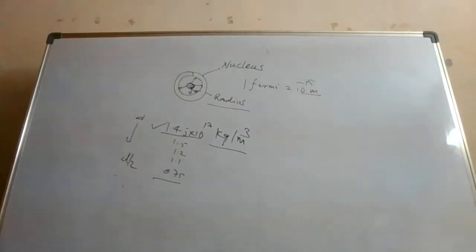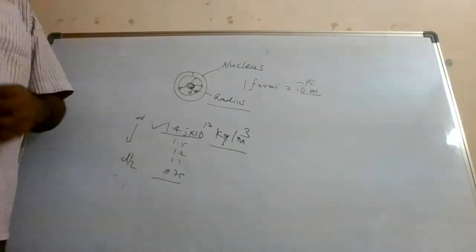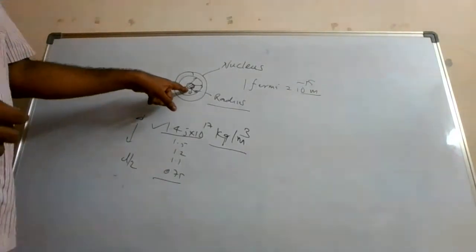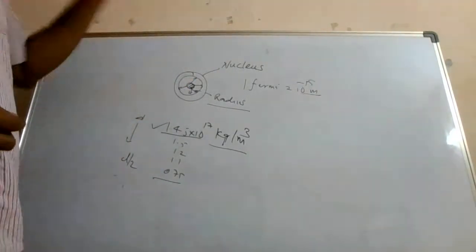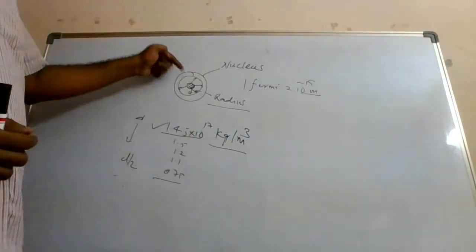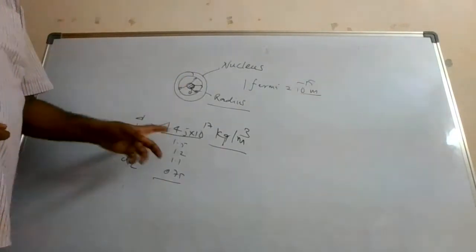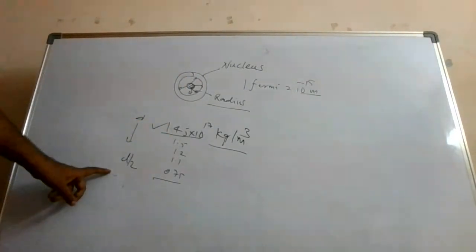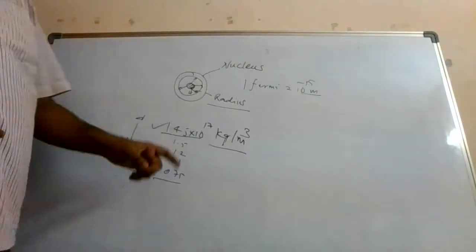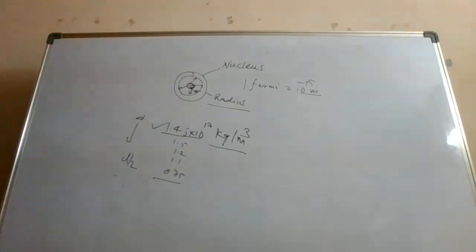I'd like to tell you that the density of this nucleus is also not constant. It is very dense in the core. What is this small circle? This is the core of the nucleus. Here the density will be very high, this much, and this density will be dropping in the radial direction. At some place this density d will become d by 2. So if you draw an imaginary line there, that radius is the radius of the nucleus. Okay.